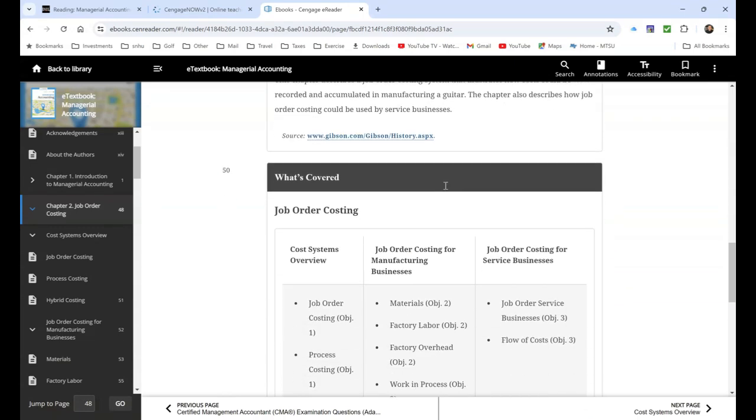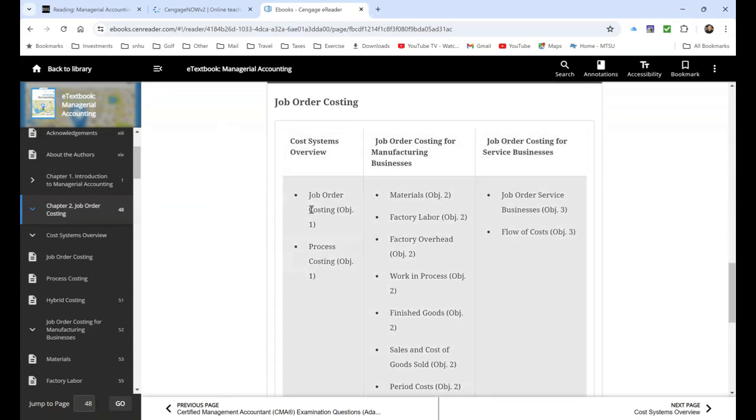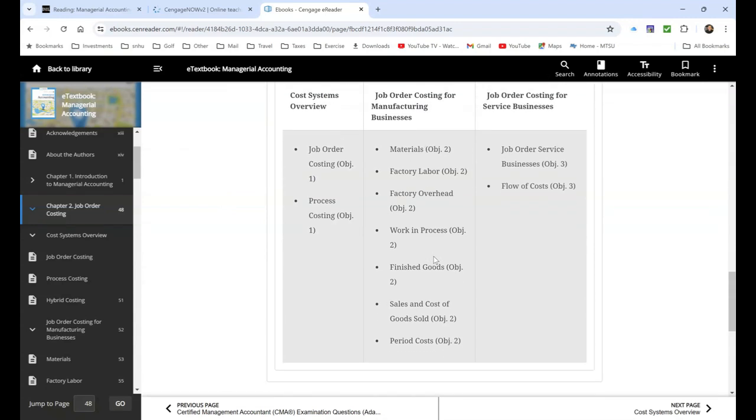So really, in a job order costing system, we're going to be assigning costs for materials, factory labor, factory overhead, work in process, finished goods, cost of goods sold, and period costs. We're going to be looking at two different systems. One, of course, is the